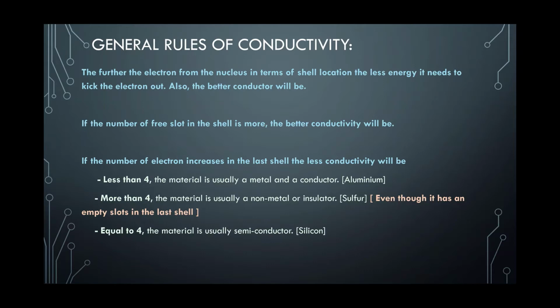If I can't do that successfully, that means this element is a conductor. So there are certain rules we have to know to distinguish between the elements, whether it is a conductor, insulator, and so on. Usually, for example, if you have, this is the nucleus, the lithium for example,